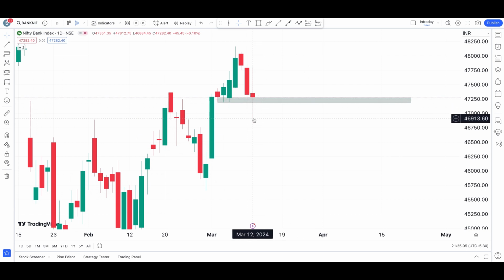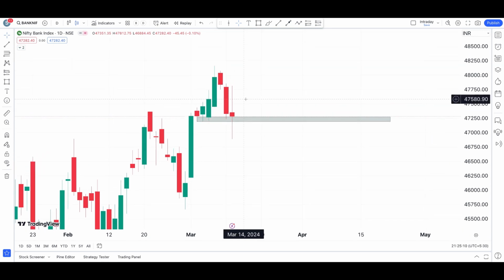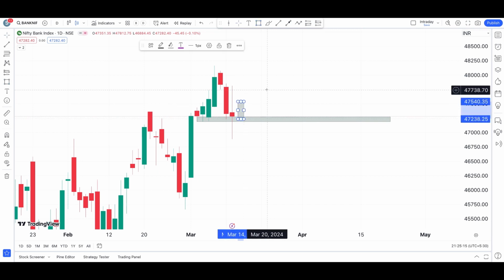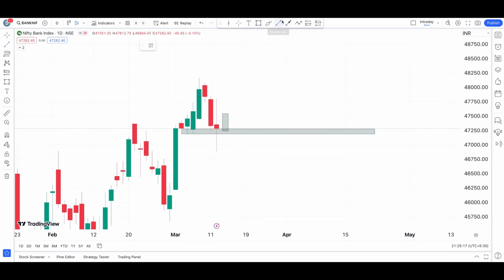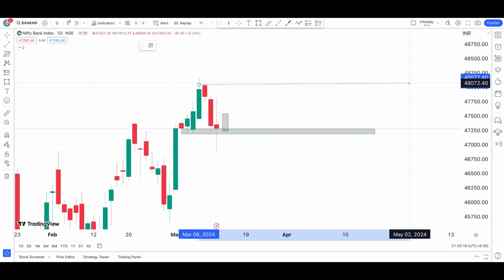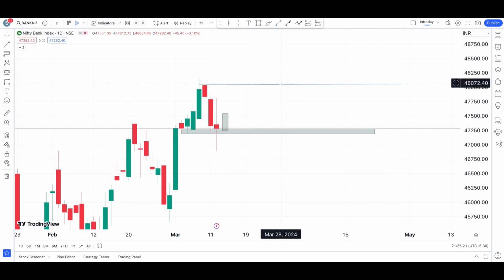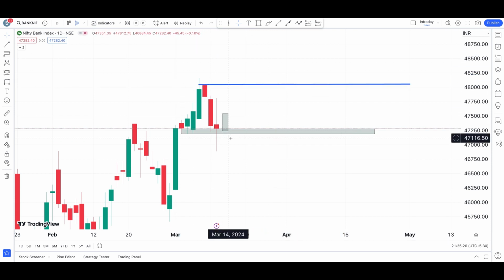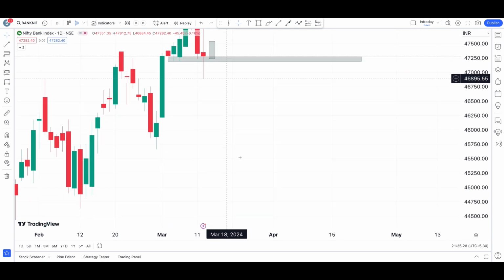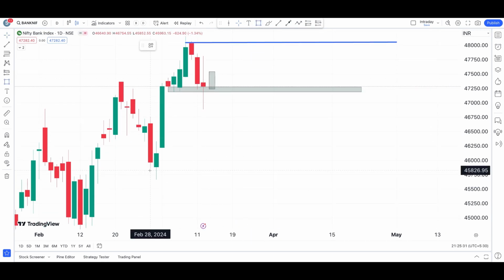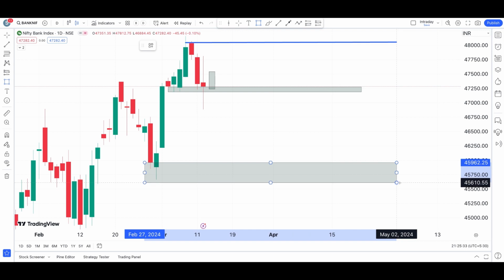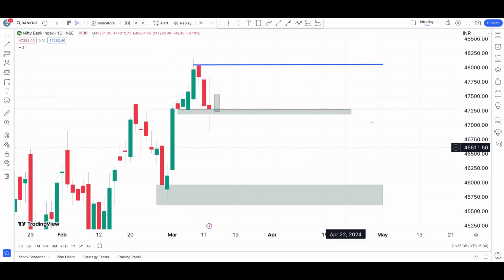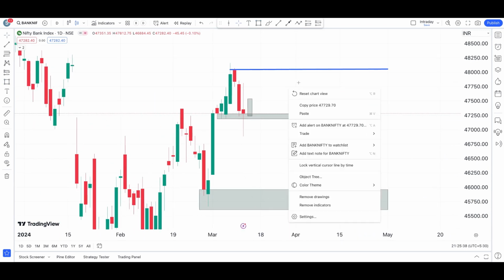We have seen momentum coming, breaking through that level, but we haven't seen a close on a daily time frame. So what really matters is tomorrow's momentum. If you see a bullish candle there, then we can safely expect Bank Nifty to slowly and eventually come to this level again in the coming days. But if for any reason you see a breakout from this level with a proper confirmation candle, then we are going to see bigger trouble in Bank Nifty, because your next major support is that. So that is how Bank Nifty's chart is looking on a daily time frame.